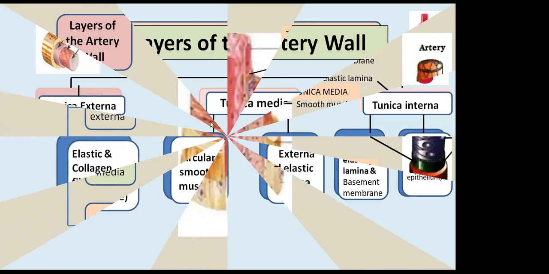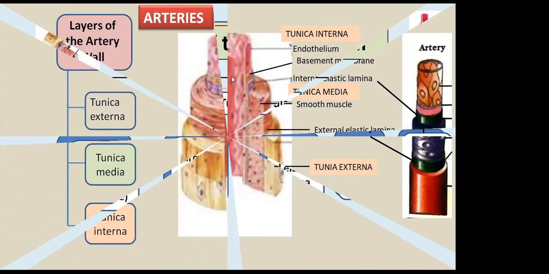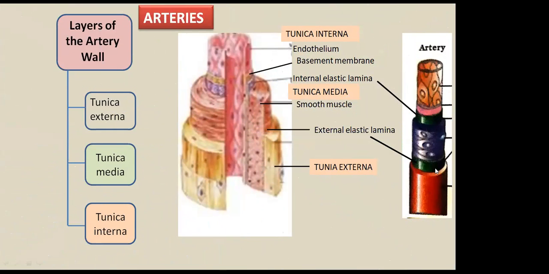So this is the longitudinal section of the artery, which is clearly showing the arrangement of different layers. As I told you, the artery wall has 3 layers: tunica externa, the outermost layer; tunica media, the middle layer which is formed by smooth muscles; and tunica interna. So if you observe the structure of this artery,